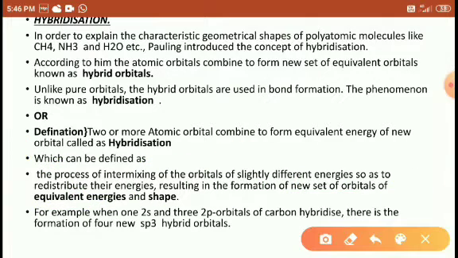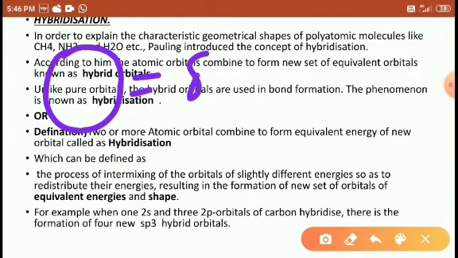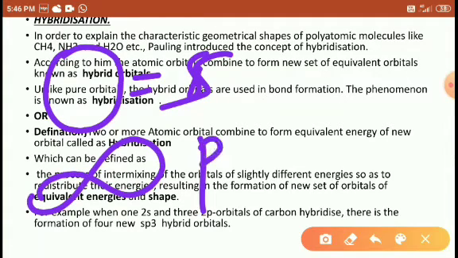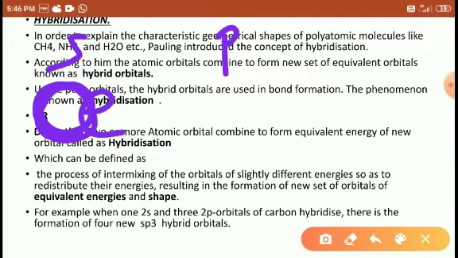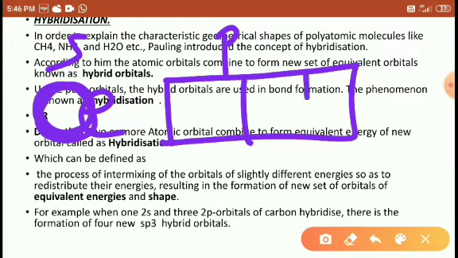So two or more atomic orbitals are intermixed here. The s orbital, we already know, is spherical, and the p orbital is dumbbell shaped. Right, students? Look here: s is the spherical shape, with electrons rotating in spherical form. For p, we already know that p has three sub-orbitals, px, py, pz. The px, why is it considered as a px?